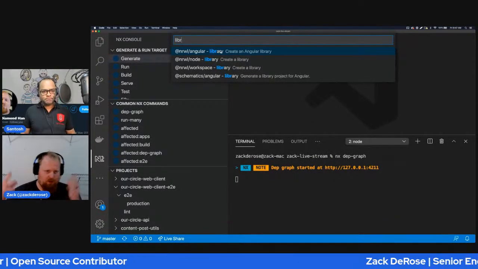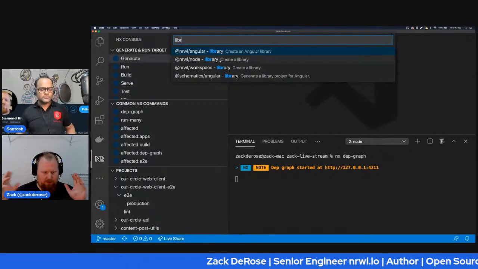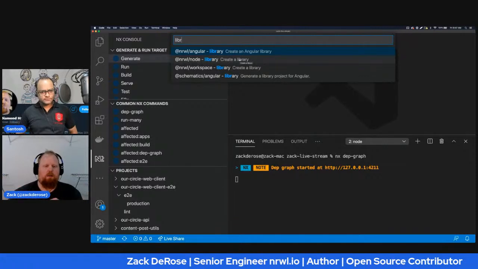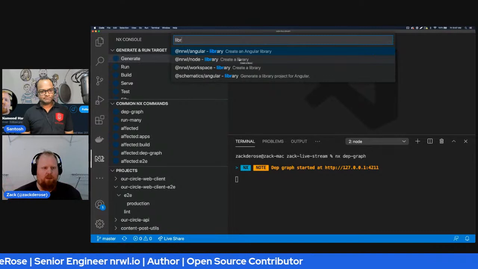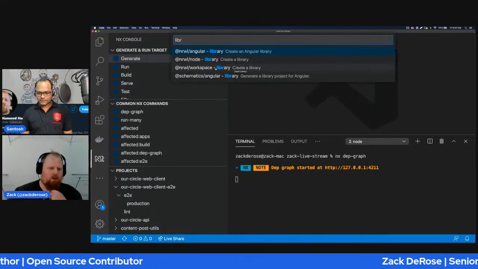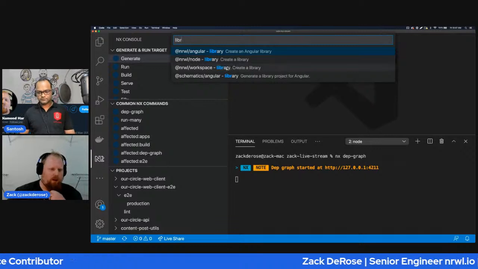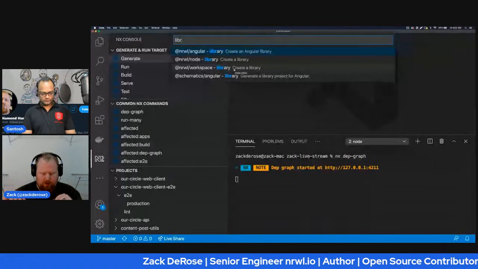This would be if I wanted to make one specifically for my front end. I have a Node library. This would be if I wanted to make something that's specifically for something in our backend. And then the workspace library. This is more of a vanilla library that you can compile so we can ship it out to a browser.